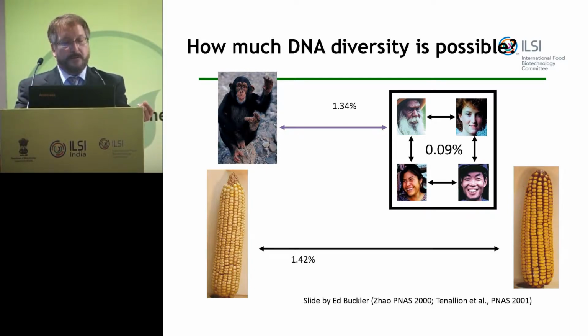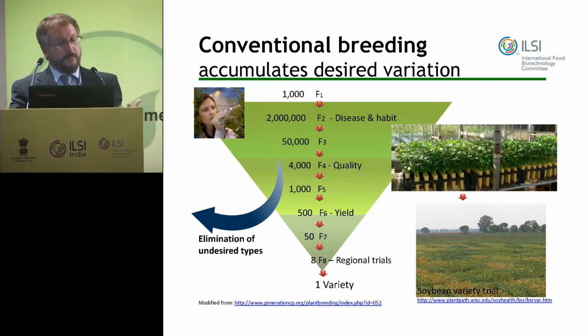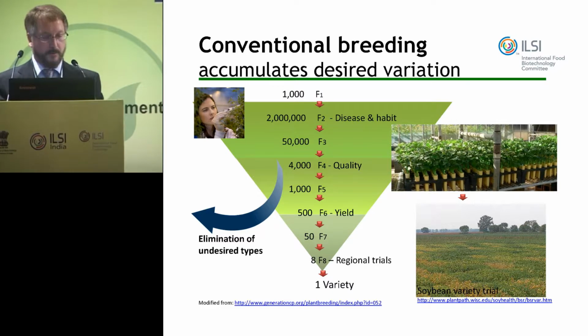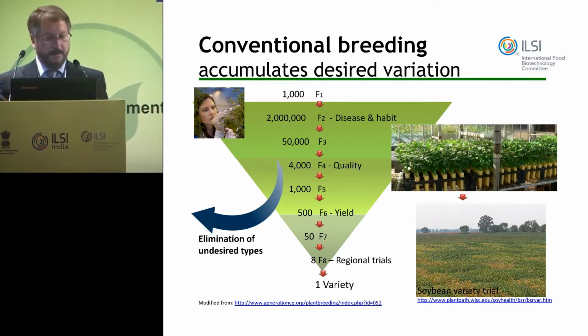And that's what plant breeders have done. This diversity has been the basis for plant breeding during the past century. And so conventional breeding is really about accumulating desired variation in simple varieties. One illustration is, they'll make 2 crosses, and the breeder over several years is going to be selecting. Anything that may not have the necessary disease resistances or growth habits is eliminated. Anything that lacks the necessary quality traits is eliminated. It better yield well over a wide area or it will be eliminated.